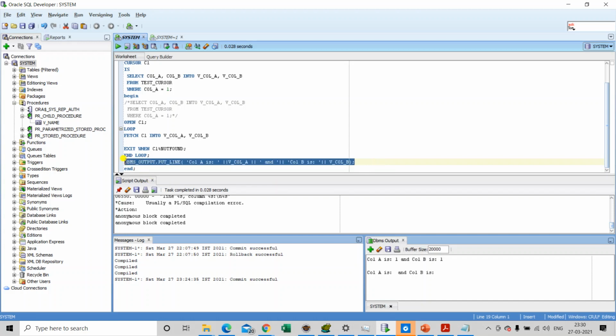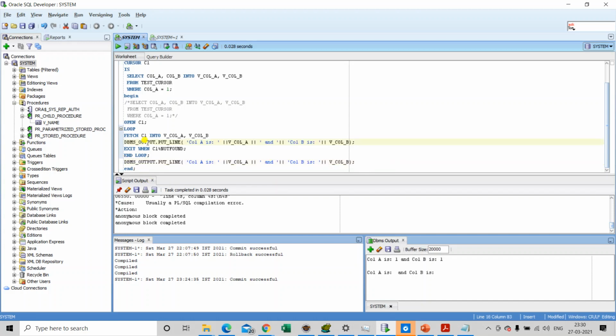After fetching the records, we can use those records according to our need. Like in this case, we are printing the values from the variables that have been initialized by the cursor. Now that we have placed the dbms_output line here, we can close our cursor using close c1, that is close cursor name.